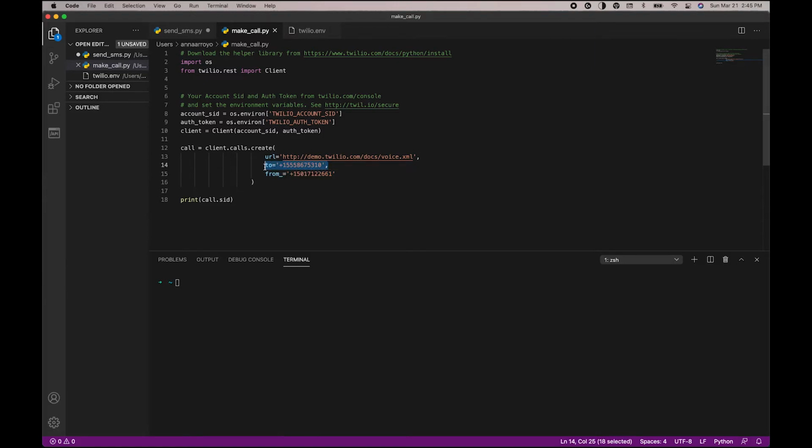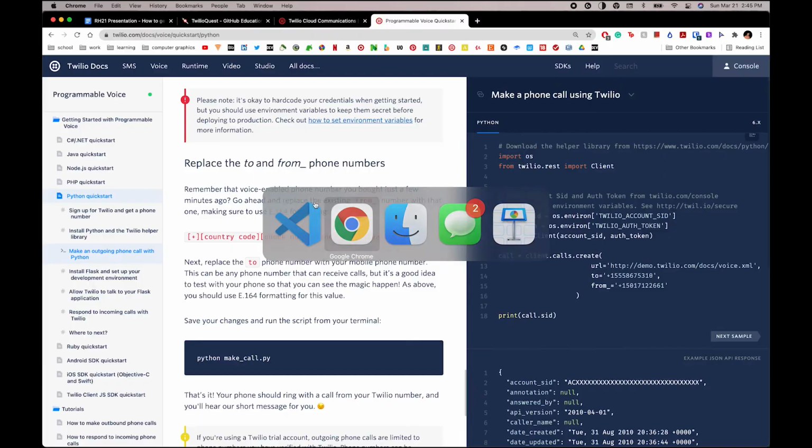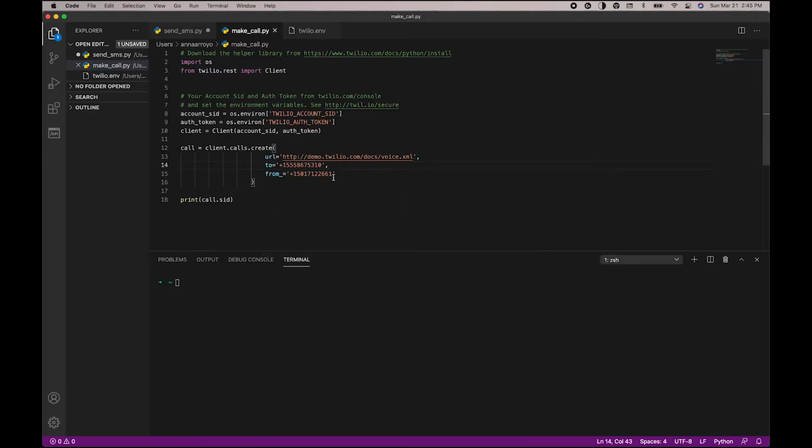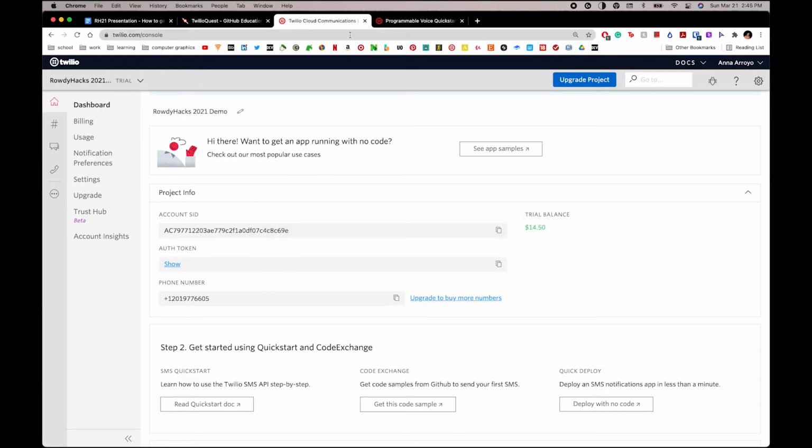And then our to is going to be the phone number that we want to receive the call. So I'm going to go back to our Twilio console, grab our number real quick, and then paste it in our from. Great, and then for simplicity's sake, I'm just going to use my own phone number for the to. Save it, go back to our tutorial,